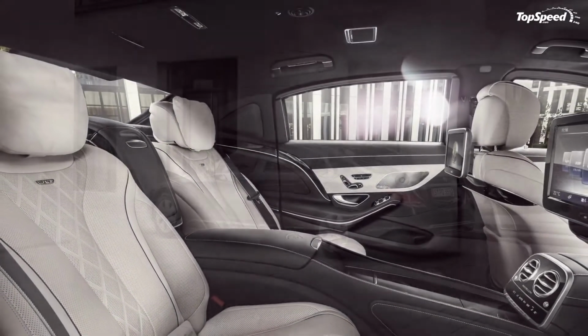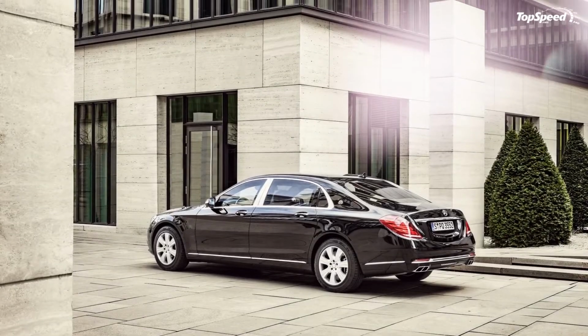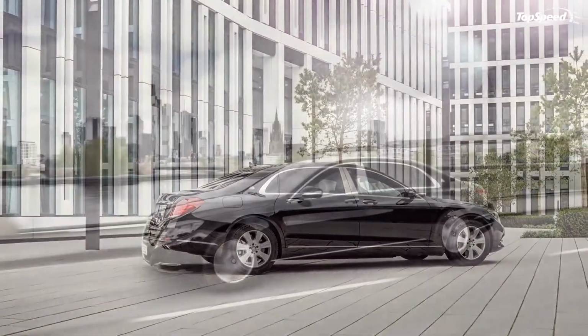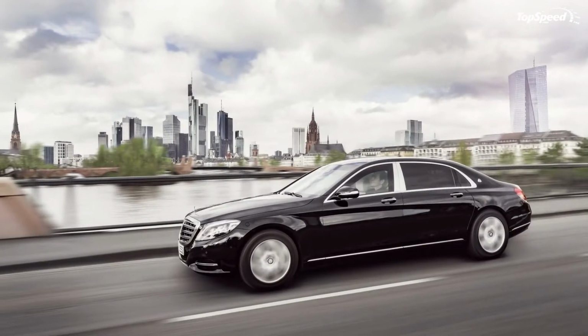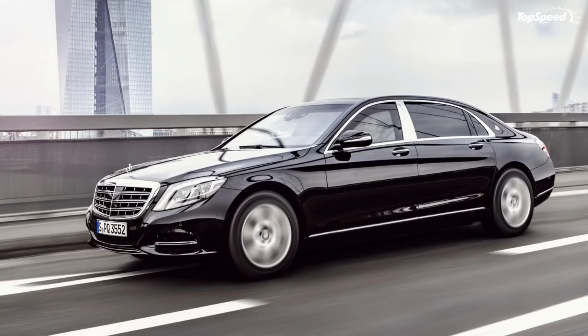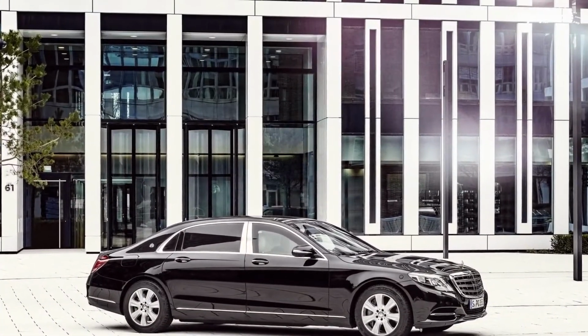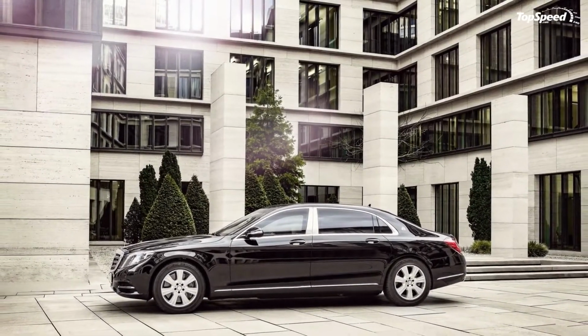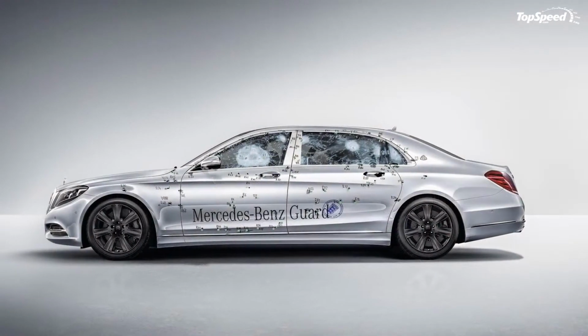Remember when I mentioned that a lot of work went into armoring the S600 Guard and making it look like your everyday S600? Well, all that work becomes extremely apparent when you look at pricing for this beast. Unparalleled protection comes at a cost, and in this case, that cost comes to a wallet-crushing tune of €470,000 plus VAT. At current exchange rates, February 22, 2016, that's precisely